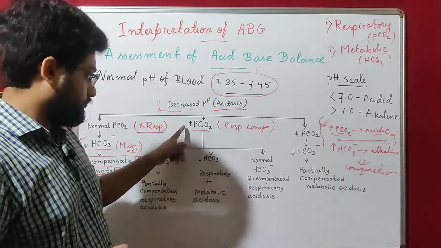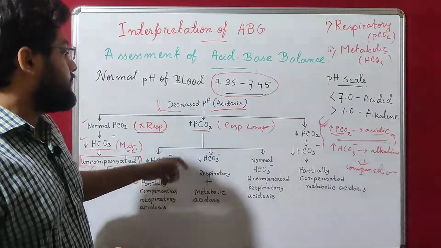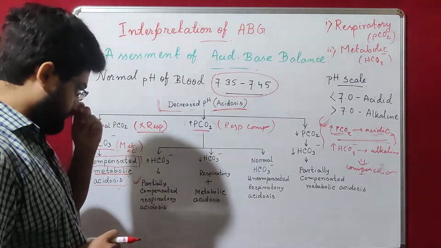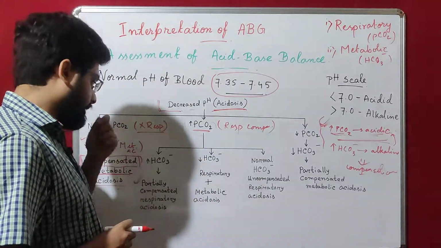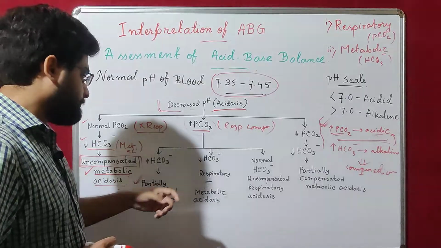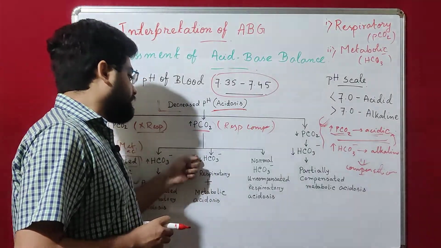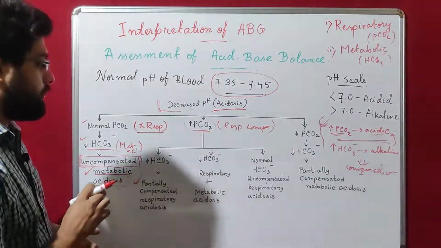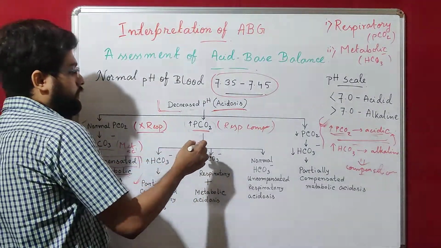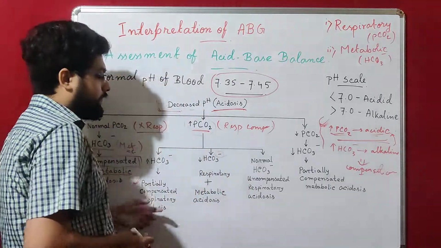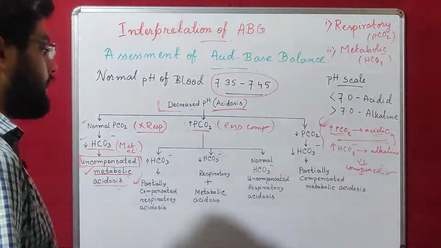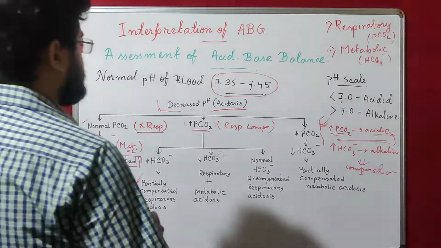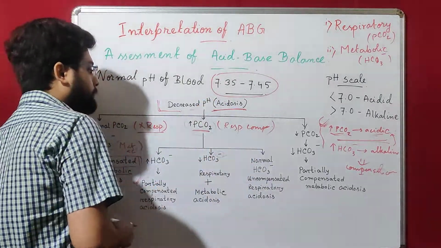Next, under this scenario, increased PCO2, the first chance was an increased amount of bicarbonate ion, the second chance is a decreased amount of bicarbonate ion. Now bicarbonate ion is an anion, so if it decreases, the concentration of anion decreases in the solution, then the solution will be more acidic.